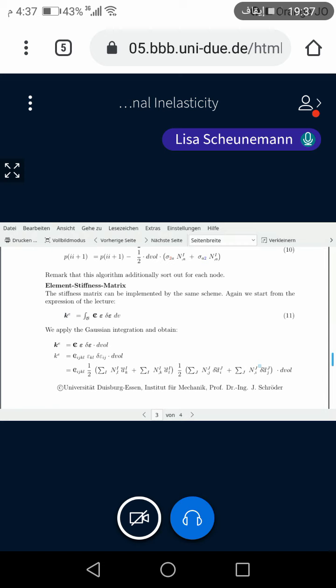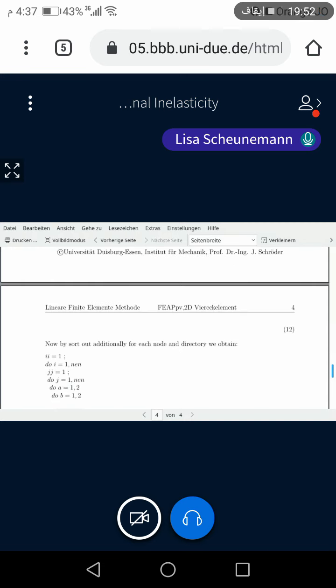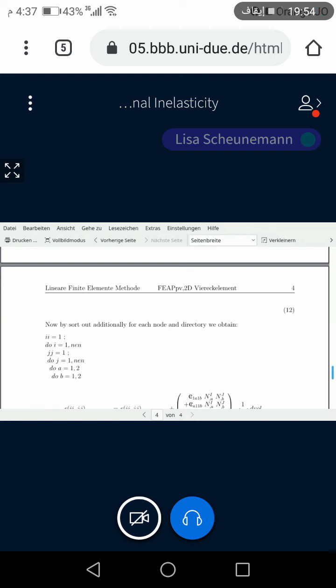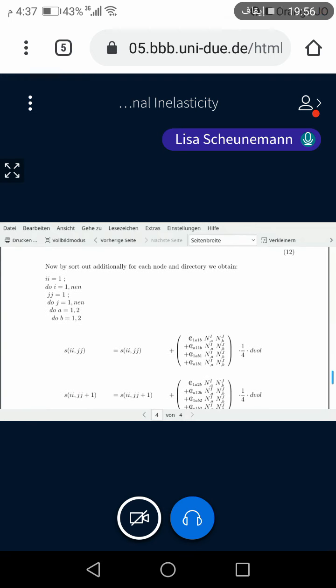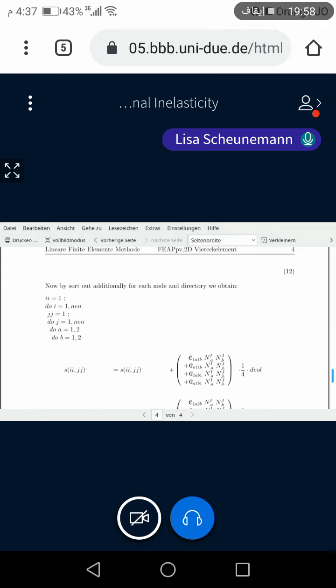So we are not considering this term of the variation here. From this second term, only the ansatz functions go into the formula. And that,